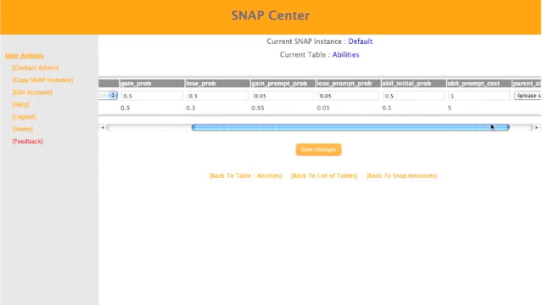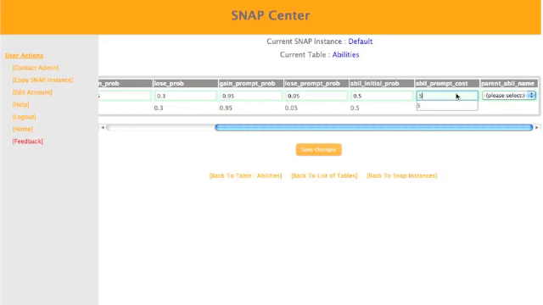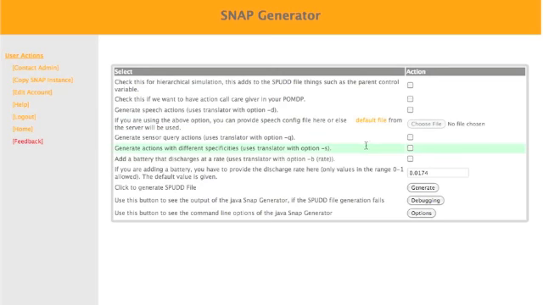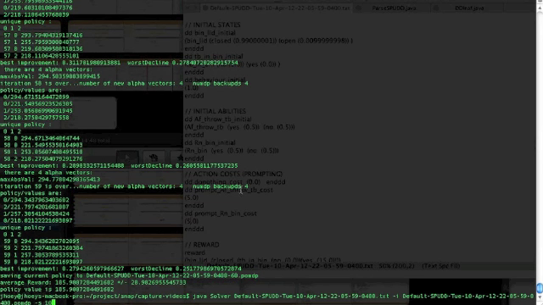We'll put both of them up to 5 from 1, and then we will go back to our snap instances and generate a new version of this spud file. So we've now solved our new version, and we've got a policy for it,